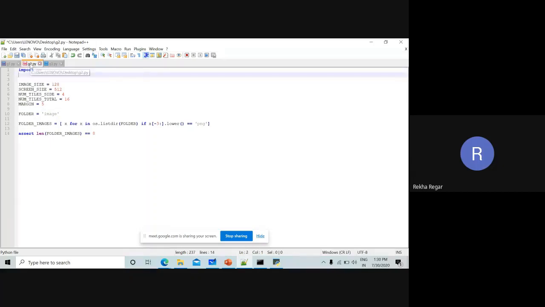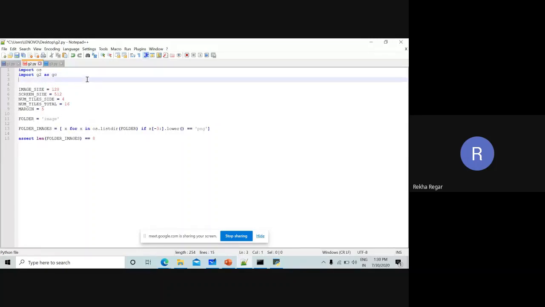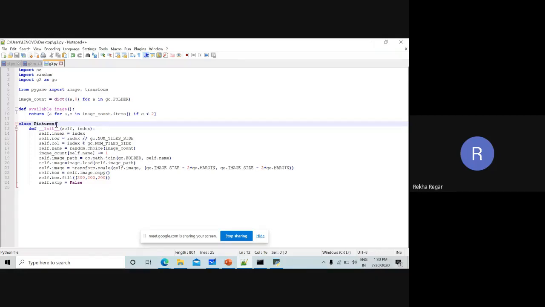We need the help of this also, so we have to import it. Import g2 as GC, because we made it GC in the third file. We have to import from G3 the picture class, that is the pictures.